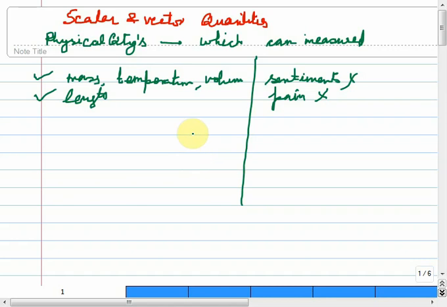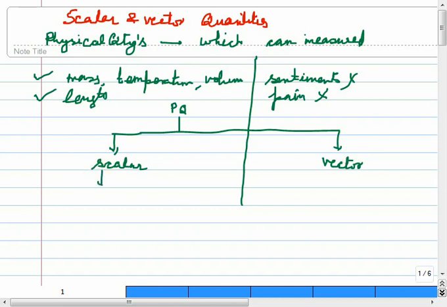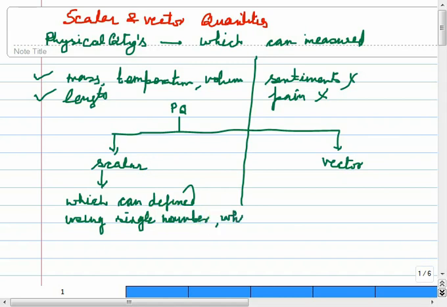Physical quantities are described in two ways. Physical quantity I will represent as PQ. One is scalar and the second one is vector. Scalar quantities are those quantities which can be defined using a single number, a number which represents the size or magnitude of that PQ,